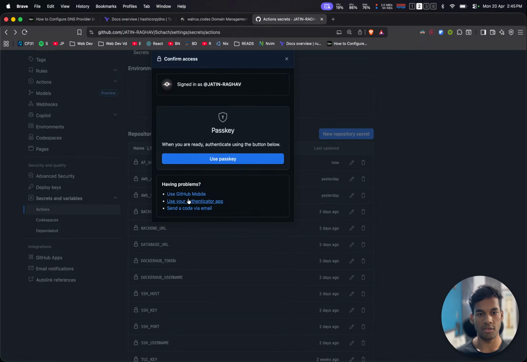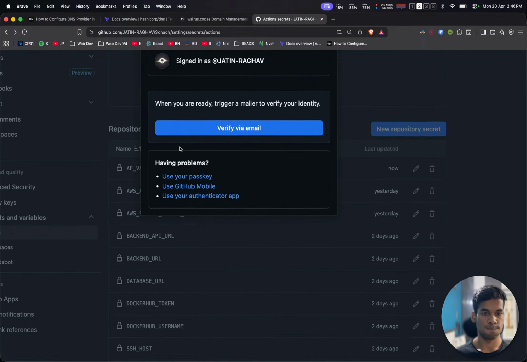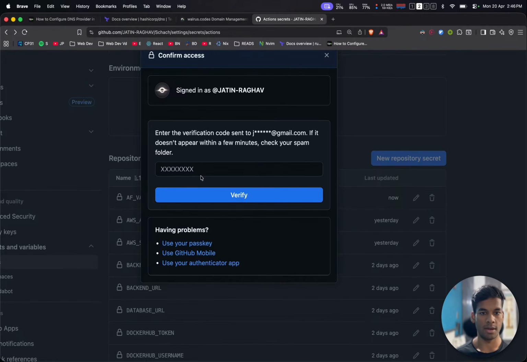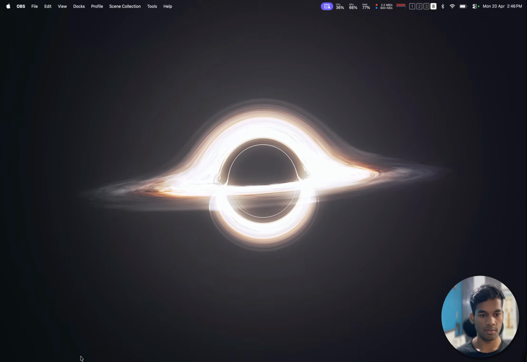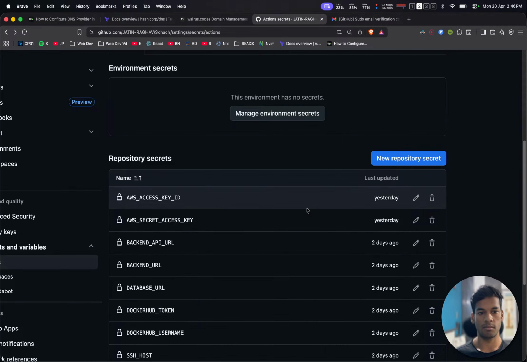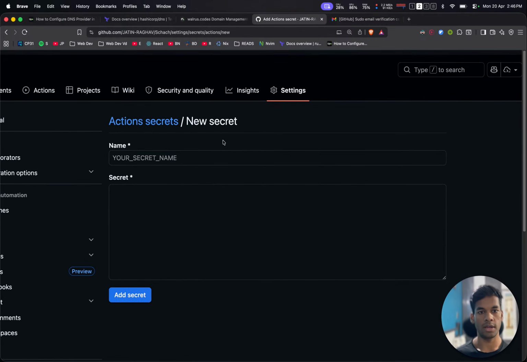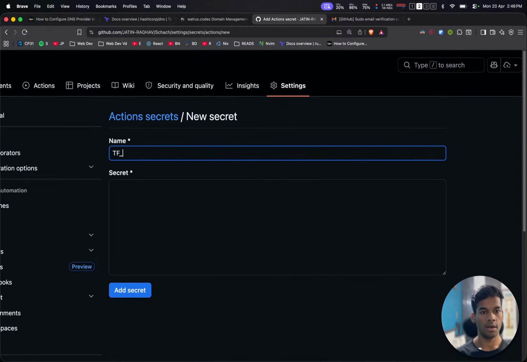And passkey, there is no passkey, I will have to use GitHub verify via email. Code has been sent. Wait, I have to hide my screen. Just one minute, let me get the code. Cool, it is done. Cool, now create new variable TF_VAR_namecom_